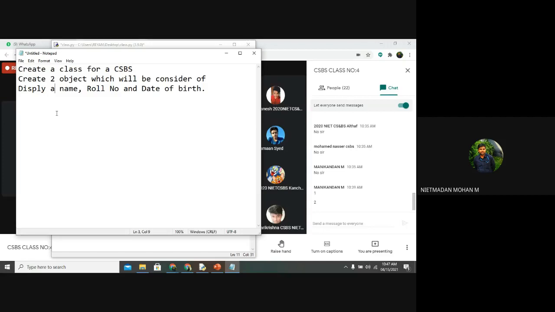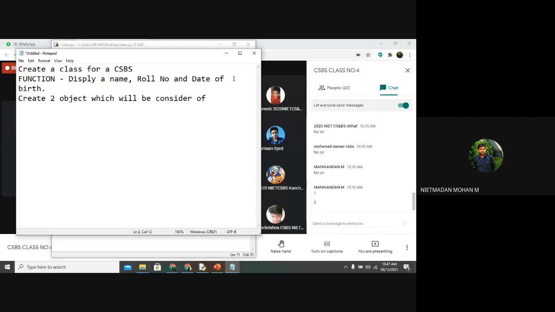Clear? Yes, sir. So I hope so. This is a function. You can give any name for this particular function. I am just displaying the name, roll number, and date of birth.